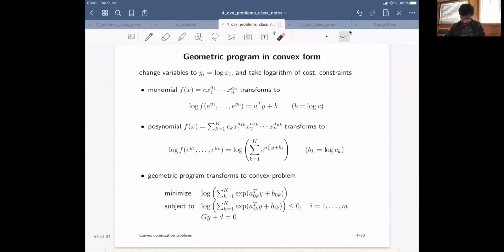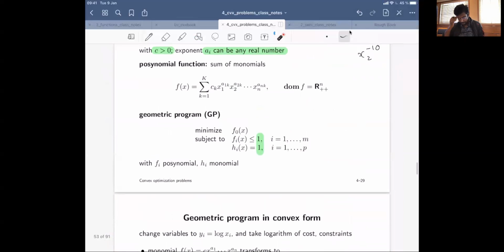Before that, let me formally define the geometric program. It's an optimization problem where you are minimizing a function f0(x). All these functions, that means the objective and the functions associated with the inequalities, are polynomial. They will have this form, and then you have the normal equality. Usually we write 0 here, right? f_i(x) is less than 0. But in a GP it is 1,